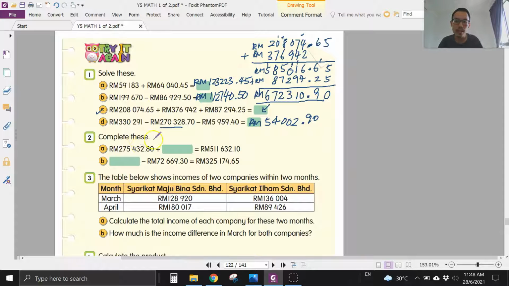Okay, look at 2A now. You have to plus an unknown to get this number. If I make the number smaller for you, for example, 2 plus unknown equals 5, so you know the answer is 3. So how do we know 3? You take the number behind, the bigger number, 5, minus 2. So 5 minus 2, you get 3. So same here, you take the one behind,